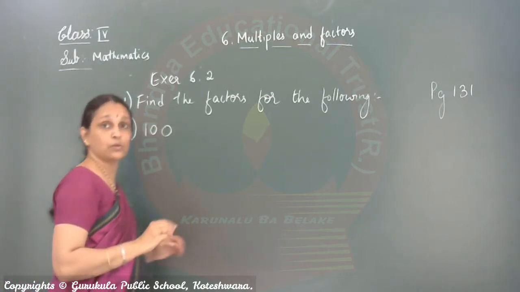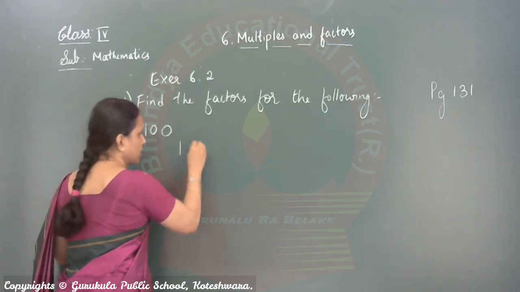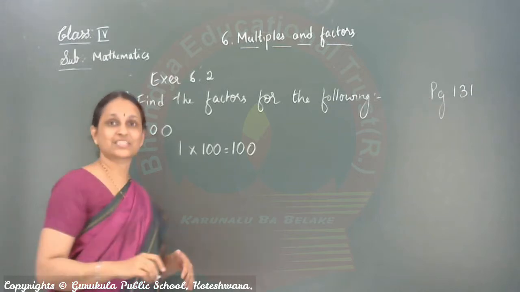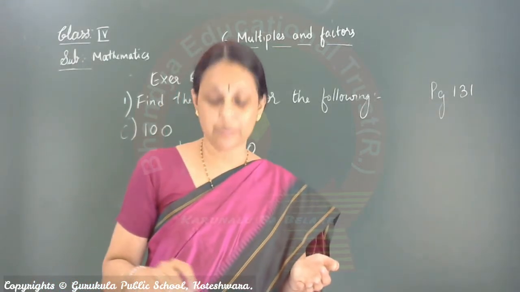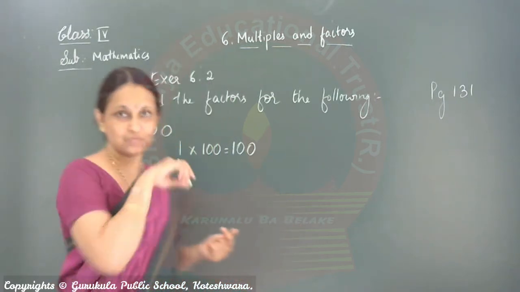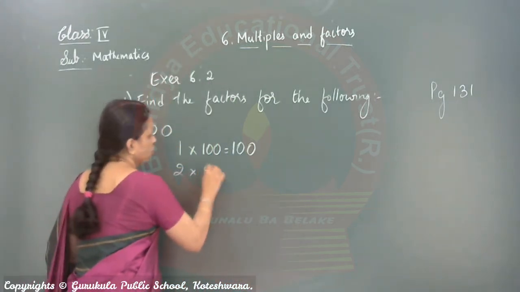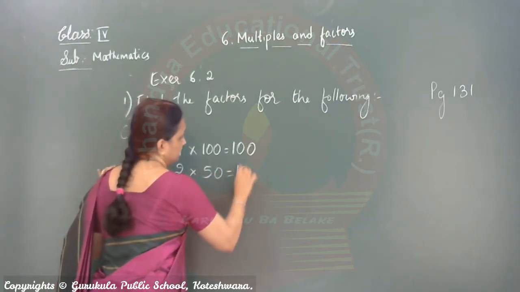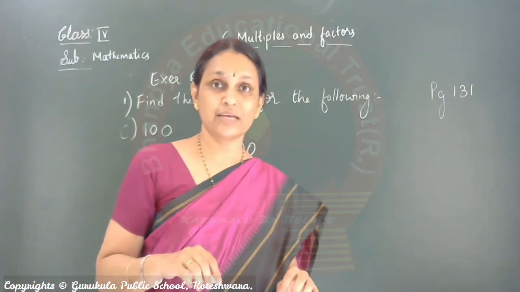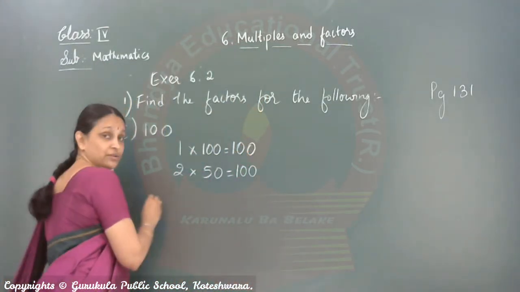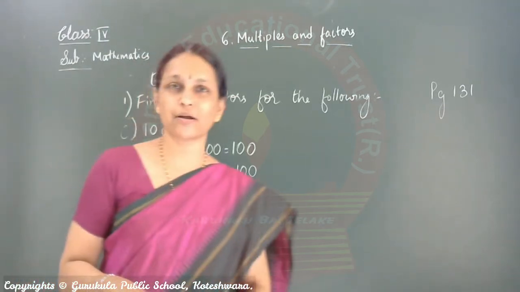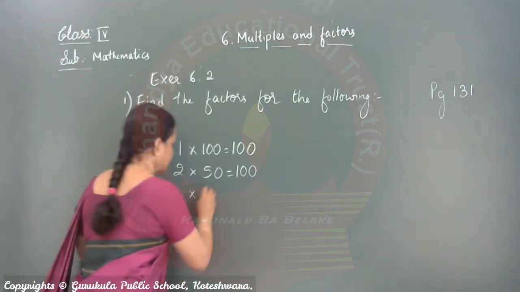How do you do this now? Yes, again start with 1. 100s are 100. Next, in 2 tables will it come? You may tell, ma'am, it is a very big number. But I think it is very easy. 250s are 100. In 3 tables will it come? Yes? 4? Yes. 4 into what is 100? I think for 100 you can find out easily. 425s are 100.